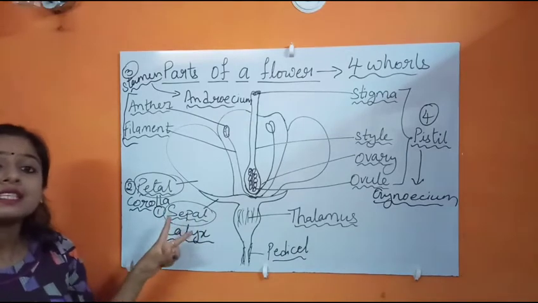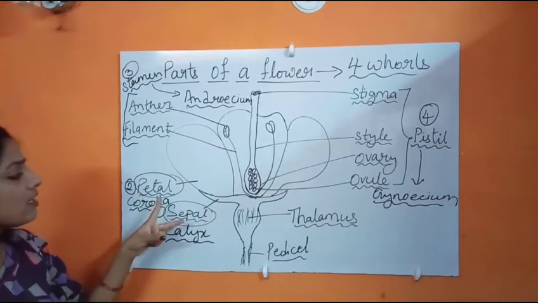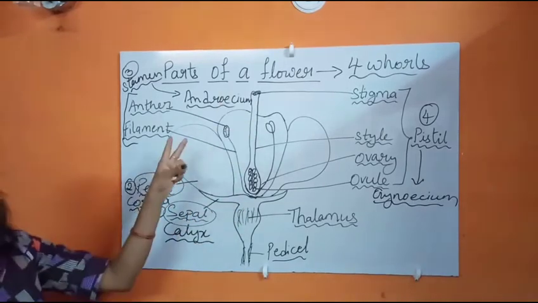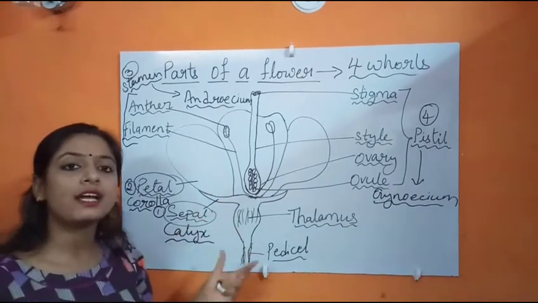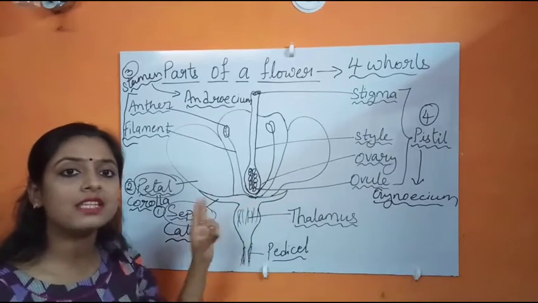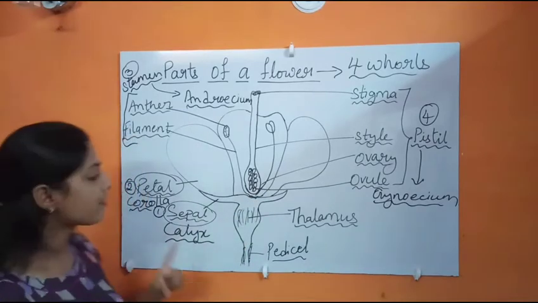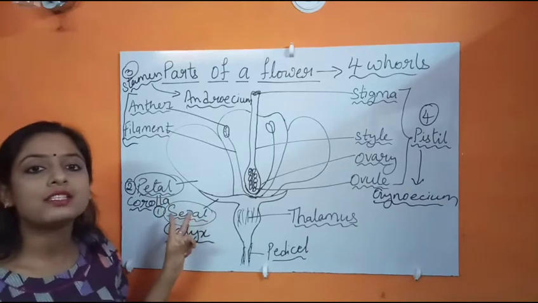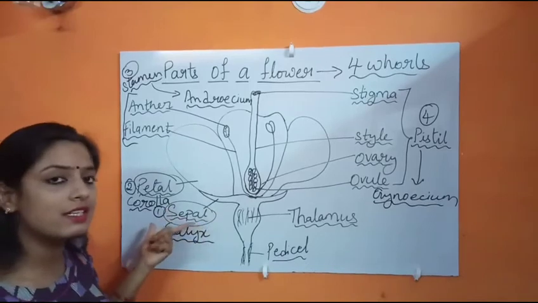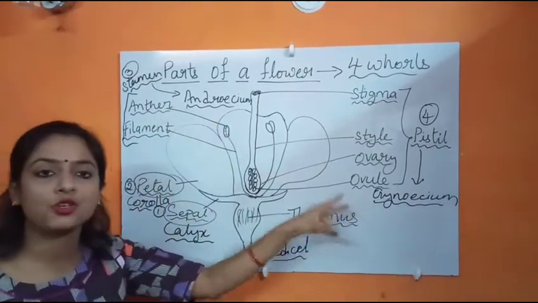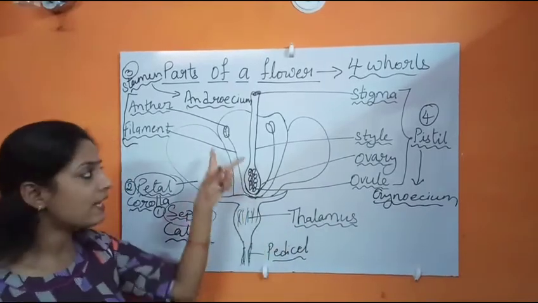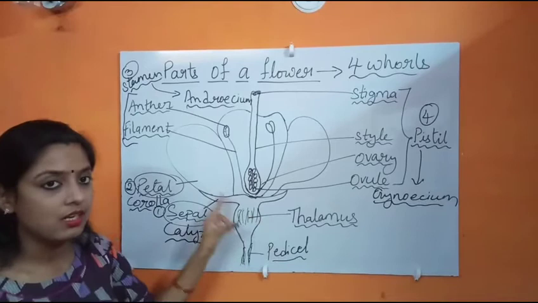Sepal and petal are accessories, just present in a flower to make it a complete flower. If all the 4 whorls are present in a flower, the flower will be called a complete flower. And if any one of the whorls is absent, then that flower will be called an incomplete flower. Essential parts are androecium and gynoecium, which help in the process of fertilization. Male and female gametes are essential.